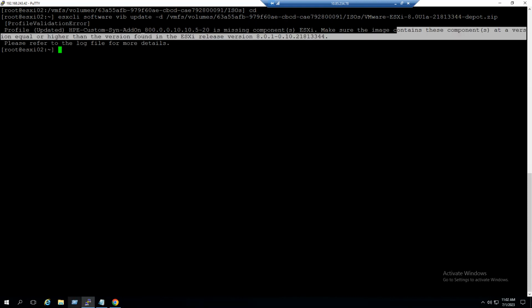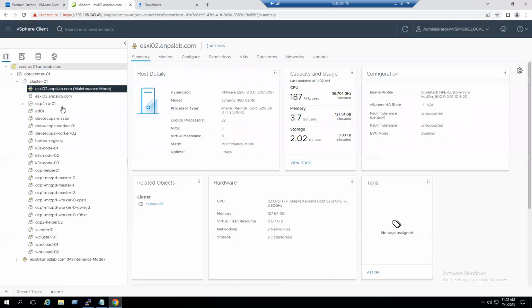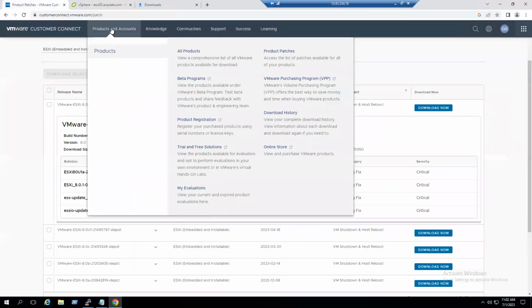The reason is, if you see the vCenter server location, when we select the ESXi host, this ESXi host model is Synergy Generation 10, HPE Synergy model. And if you see in the configuration section, this image is installed with a custom image. We do not use the direct VMware image, we use the custom image file. So when we use the custom image file, if you go to the products, all products section,